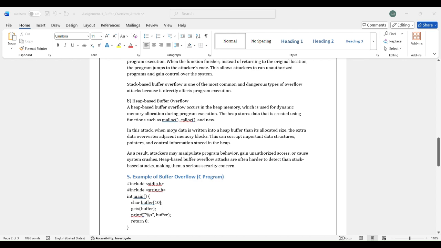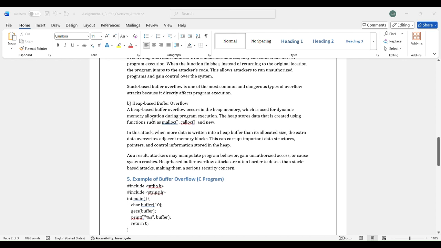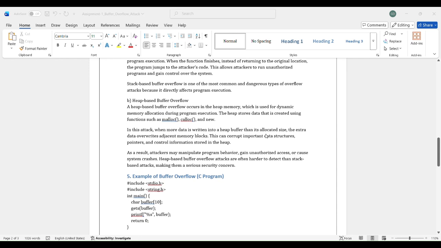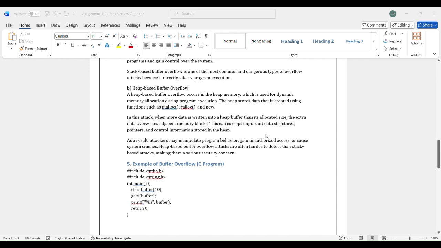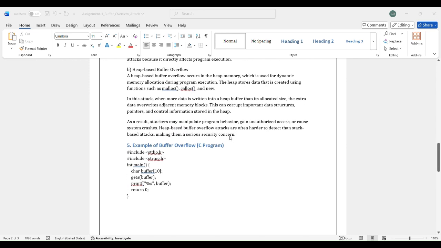5. Example of buffer overflow: C program. #include <stdio.h>. char buffer[10]; gets(buffer); printf("%s", buffer); return 0;